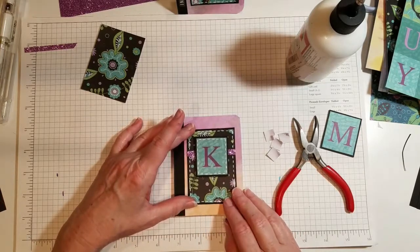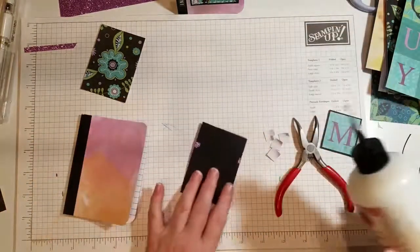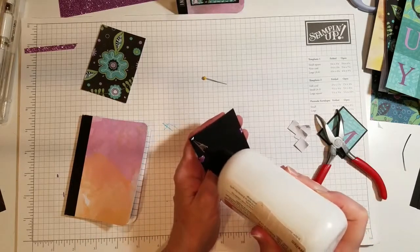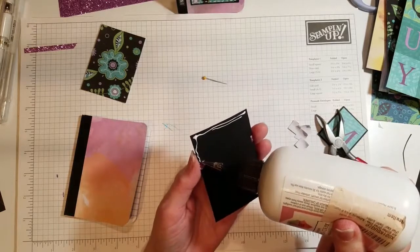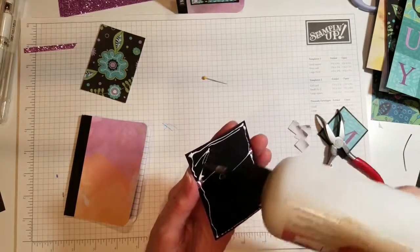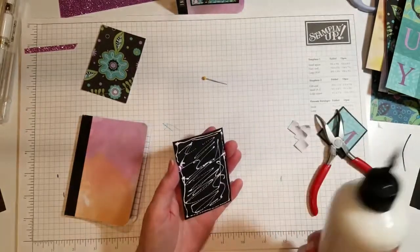Here comes the art glitter glue again, and guess what? I'm going to put it as close to the edges as I can. That's my first thing. Go around the edges, make sure I get some on top of the back side of the little glitter strip thing that I put on there. Put the pin in. And now, eyeballing it,